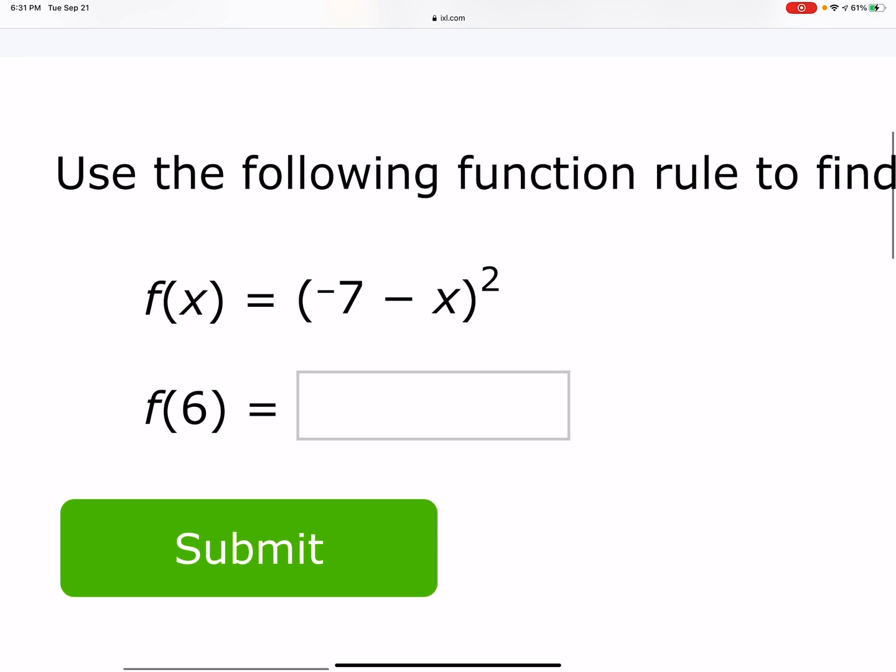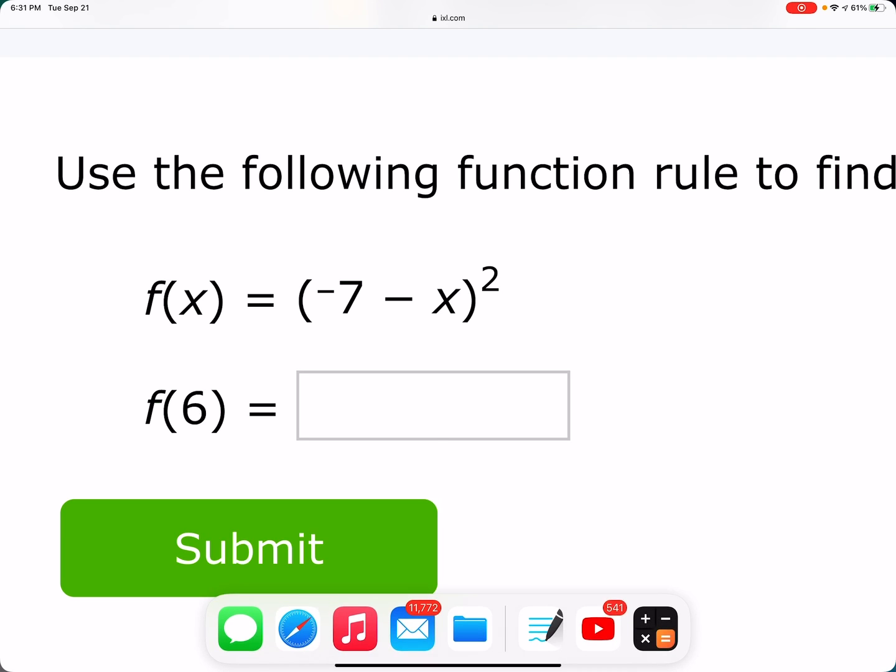We look at another one, negative 7 minus x. So if I plug in a negative 6,